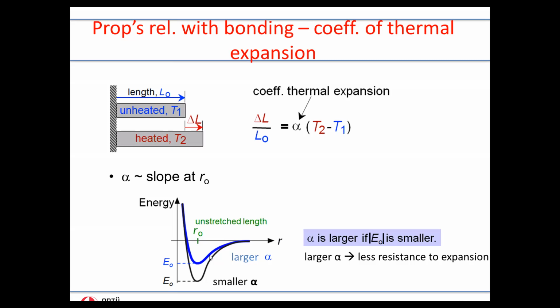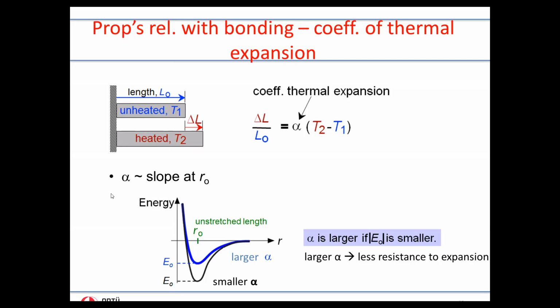than the slope here, which means to move from, say, this atom separation to this atom separation, in the case of blue, about this much energy needs to be provided, whereas in the case of black, this much energy needs to be provided. So a greater amount of energy, meaning a greater temperature change, needs to be applied to get the same length change, indicating that the black one has a smaller value of alpha. So alpha is related somewhat to the slope, not at R naught, but to the right of R naught,